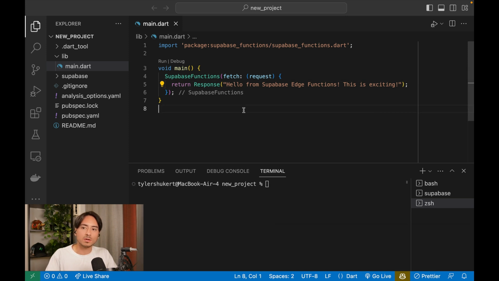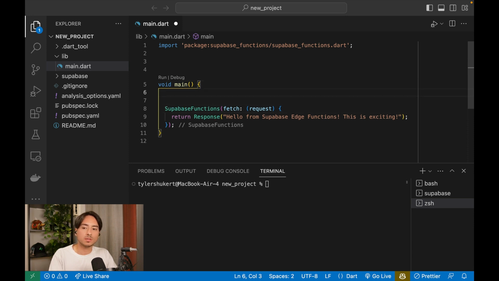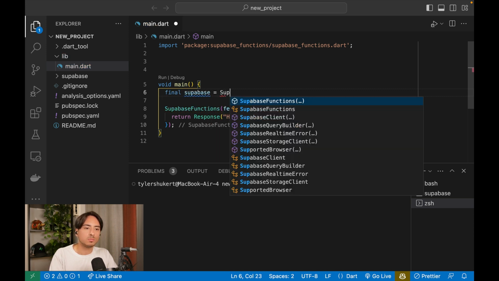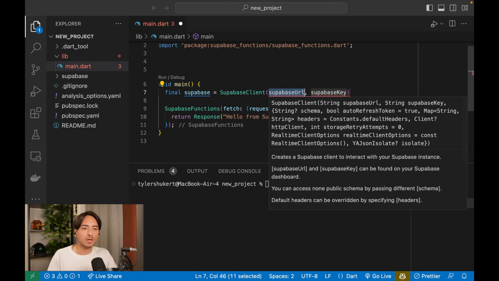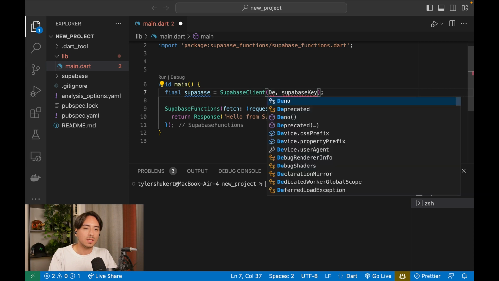Okay, now that we have installed both dependencies, we can update our functions. So we want to first initialize our Supabase client, and let's initialize it within the main function. So we can have a final supabase equals SupabaseClient. And we need a Supabase URL and Supabase key. But the good news is Supabase automatically populates our environment variables with these URLs, which is also accessible through Dart Edge as well. So what we can do is access Deno.env